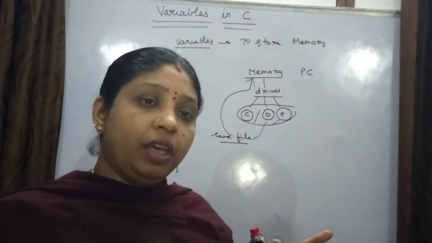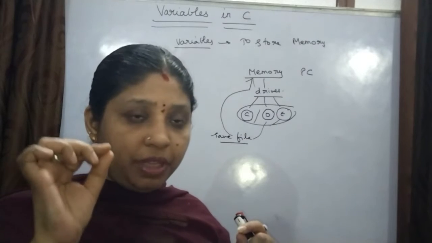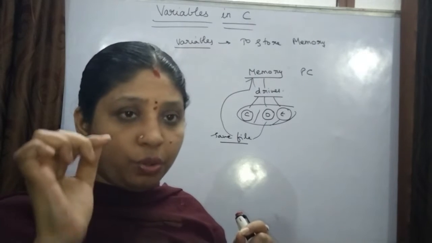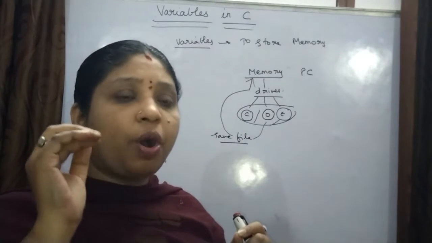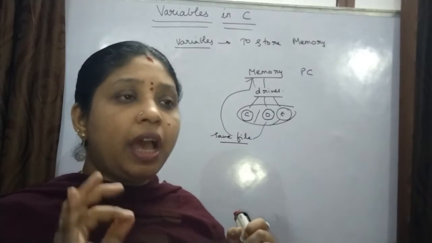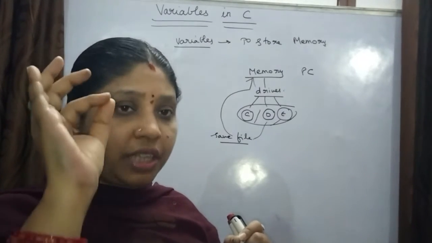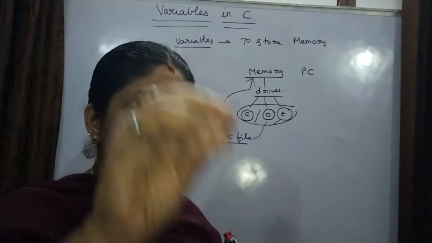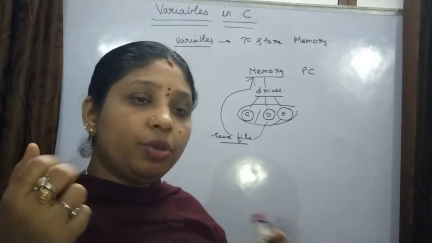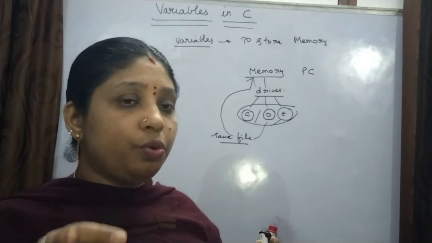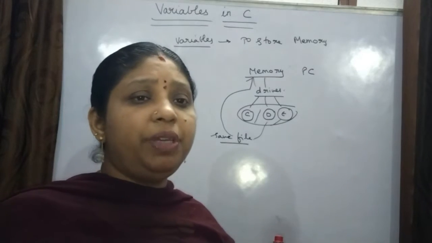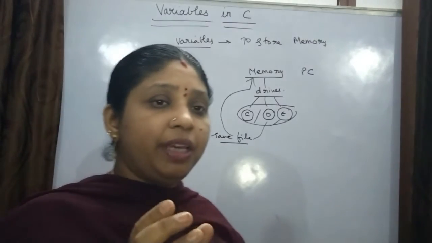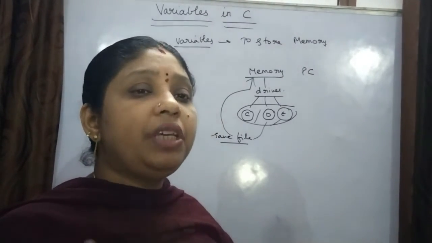In the same way, if you keep that book in a particular place, like the first shelf or second shelf, if you know the names of the shelf, or if you give some names to that particular shelf, and if you keep that book in the second shelf, you will go to the second shelf, keep your hand on that particular book and take it out. So in the same way, it will be easy for you if you know that particular place. In our computer memory also, if you know the place where you are saving the file, it will be easy to access.